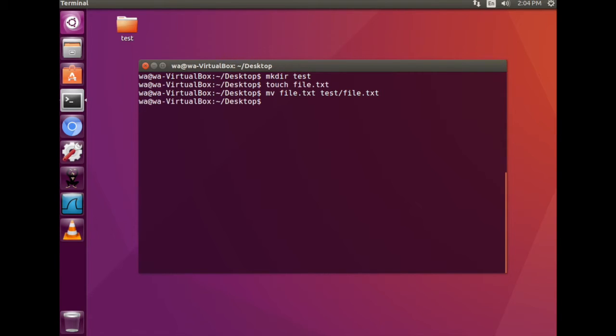If I hit enter, we can now see that test itself, if I were to do an ls of test, then I can see that file.txt is actually in the test directory. Now let's create one more, and we're going to call this again file.txt. That's going to be on the desktop. And now this time what I want to do is move it into the test directory, but I also want to change the name to